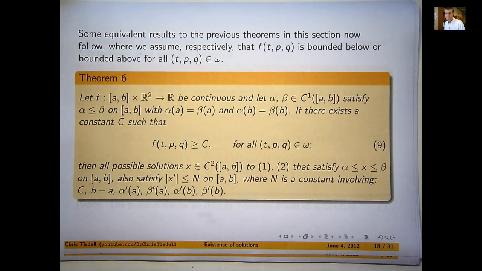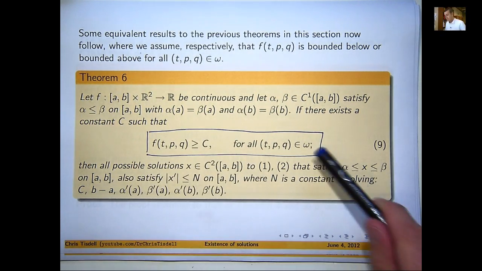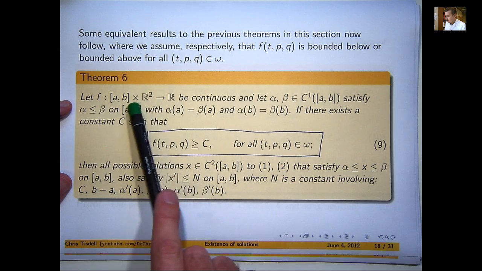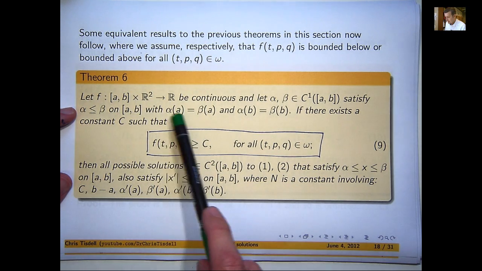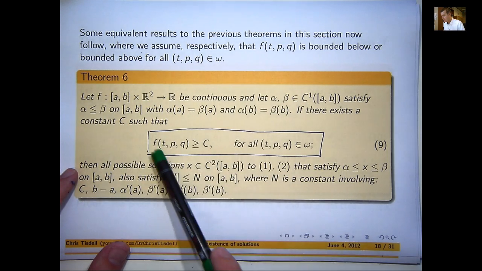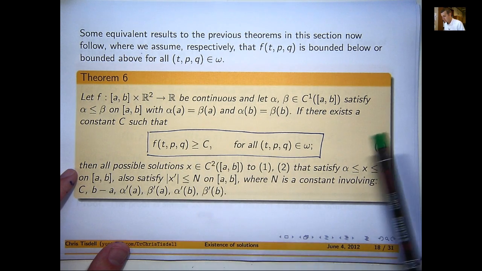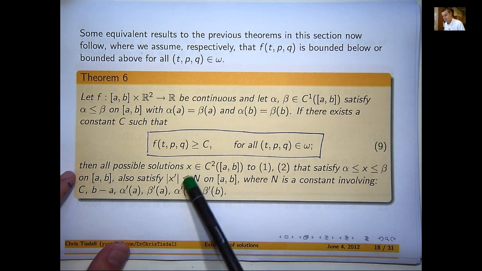All right, so let's present some equivalent theorems, again stated very simply. Essentially, we make the assumption that f is bounded below on this set omega or above. Okay, so let f be continuous and let alpha and beta be C1 functions that satisfy this sort of ordering. And again, the functions pinch together at the endpoints. If there exists a constant c such that f is bounded below on this set omega, then all possible solutions to our boundary value problem that stay between the alpha and the beta also have a derivative that satisfies this